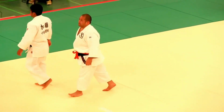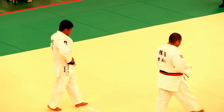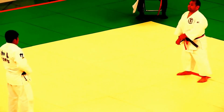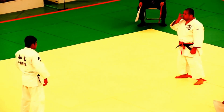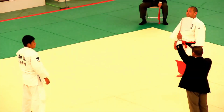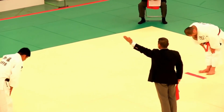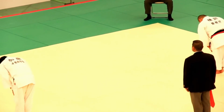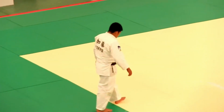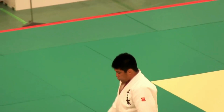And time is running out, and it's going to go to a decision. I always wanted Muneta to win one of these. I was there in 2009 when he faced Takamasa Anai in the finals and lost barely. I think it was a split decision, but I knew at that time it was probably going to be his last chance. Unfortunately, he loses here as well, but he continued on and just recently retired. But both of these guys, really good competitors,